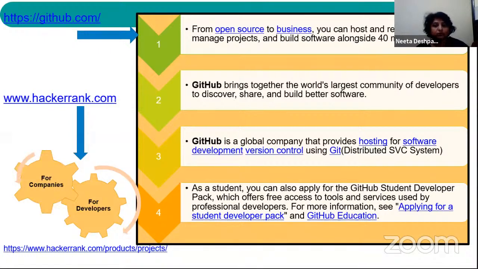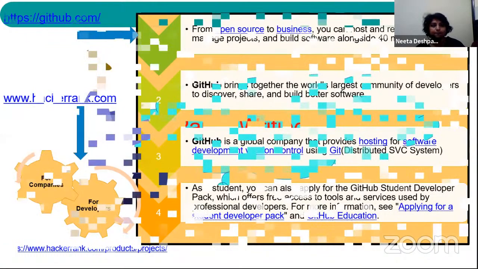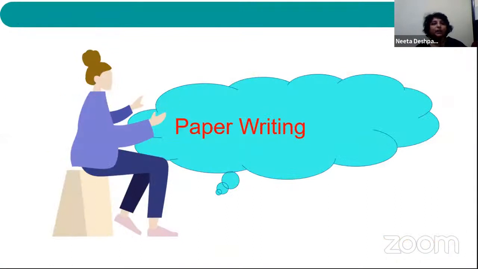So the entire code that is available on GitHub will give you a base for going ahead with your own topics. Okay, this much is already available on GitHub, it's running fine. So now I have to do this much addition to make my entire project. Whatever modules and programs are available, if those fit in your project, you can just take them and integrate them all together to make your own project or the new thing that you're going to develop. So for the development part, ensure that you go into the global community and check out whatever is available. So now comes your major part. How are we going to write the paper?